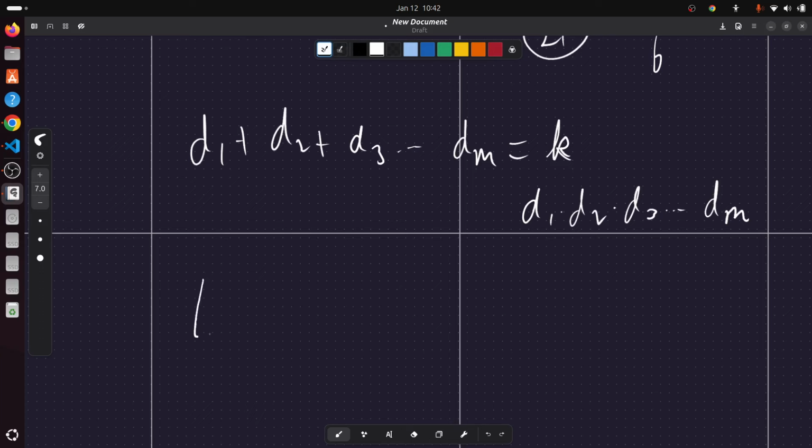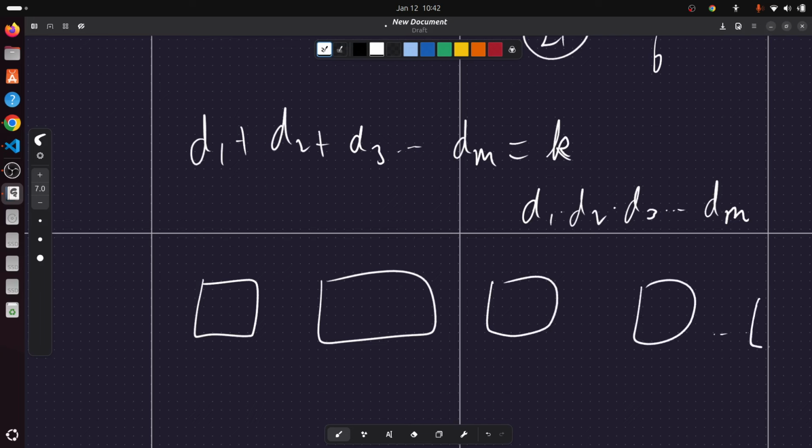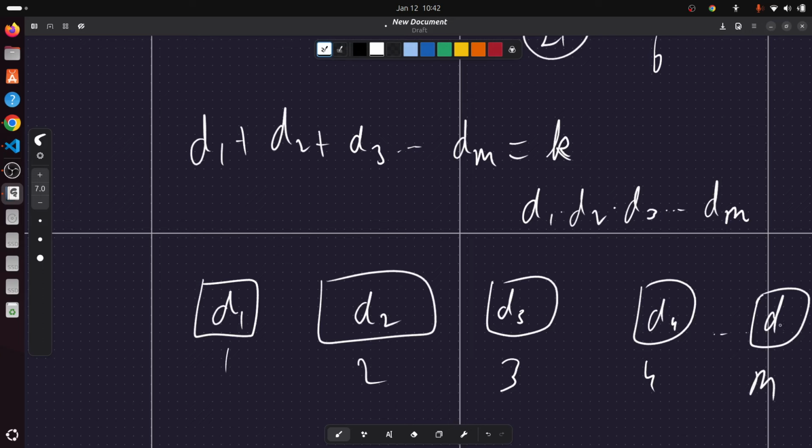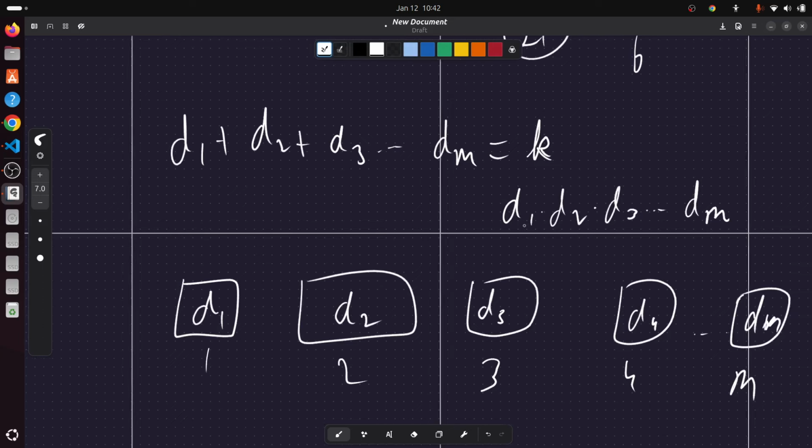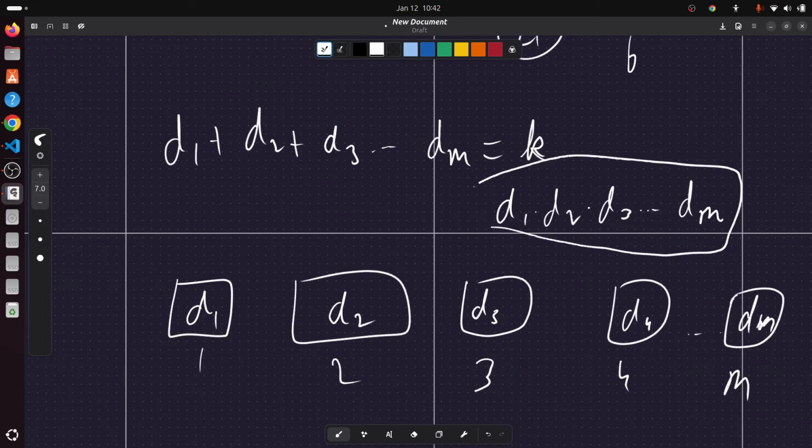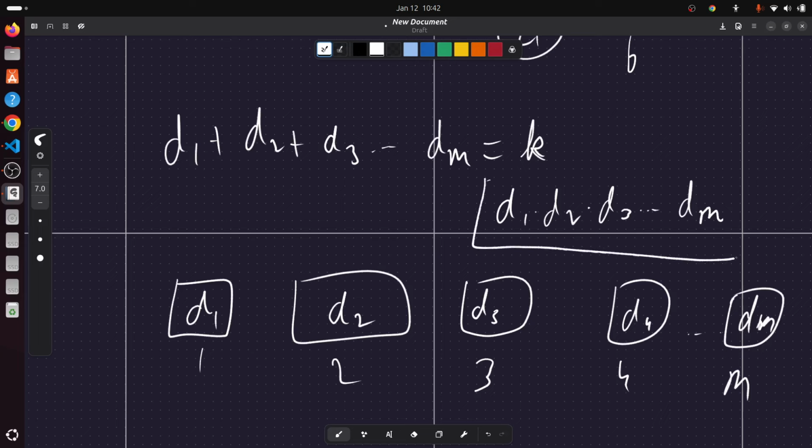So let's say I have m boxes, right? I have m boxes, 1 2 3 4 up to m, and I have d1 balls in the first box, d2 balls in the second box, d3 in the third box, d4 balls in the fourth box, and up to dm balls in the mth box. So this value d1 d2 up to dm, this is just the number of different ways to choose one ball from each box,